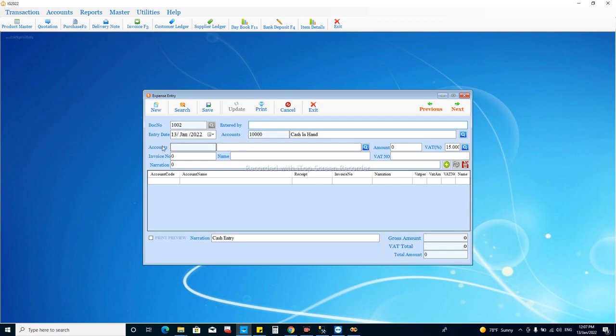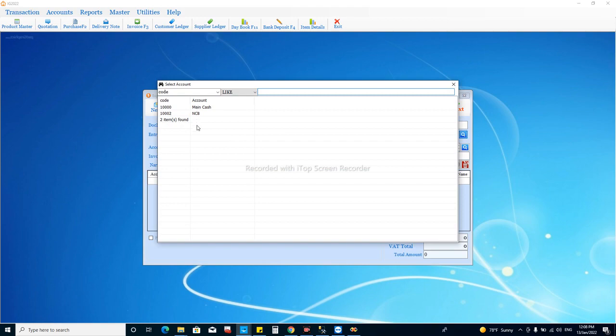And there are two account selections, the credit account and the debit account. Always the expense accounts will be the debit accounts that we can choose from here, and the credit account, from which the cash is flowing to the expense account, we can choose over here. By default we have chosen the cash account for the business as the credit account. If we want to select another account, there is a search facility and you can search and select the needed account, like cash or bank or petty cash, whatever account you have created.